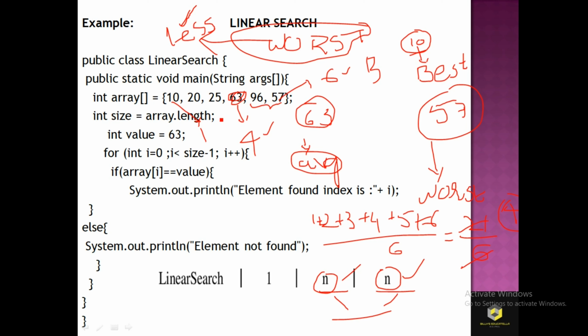Why do we consider the worst case? In the worst case, we select all n terms, but when we consider the average case, both the worst case and the best case are considered, so we don't consider the average case. So when we are developing an algorithm or writing a program, we consider the worst case. So I think you understood the asymptotic notations, covered with best case, worst case and average case.